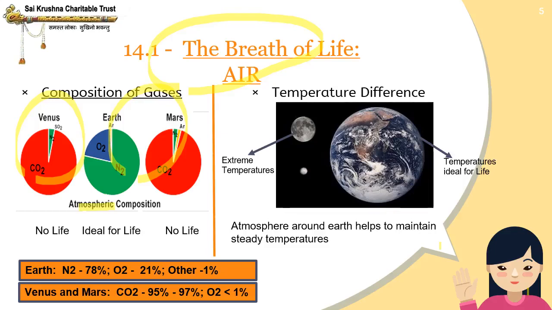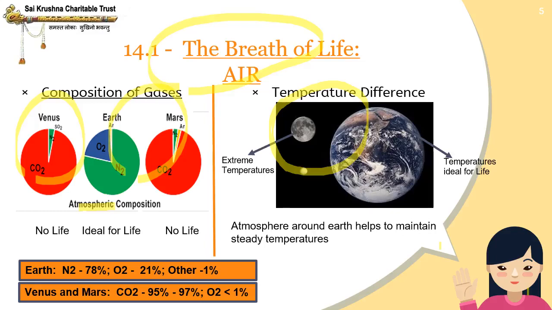In the same way, look at the temperature differences between the Moon and the Earth, though both of them are almost the same distance from the Sun. Why is that so? Do you know that the atmosphere that wraps the Earth is like a blanket? Just like a blanket, the atmosphere is a bad conductor of heat. Here, being a bad conductor is actually a good thing, because this property in fact helps the Earth maintain